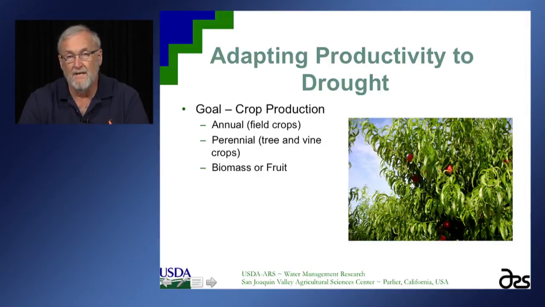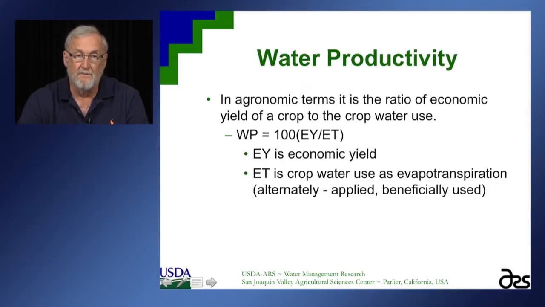So when biomass, we talk about something like alfalfa or hay crop, where that part is the economic part. With a tree or a vine crop, then the fruit that you take off the vine is really what you're trying to grow, and that's the economic value. Of course, you still have to sustain the tree or the vine for future use and for economic purposes.